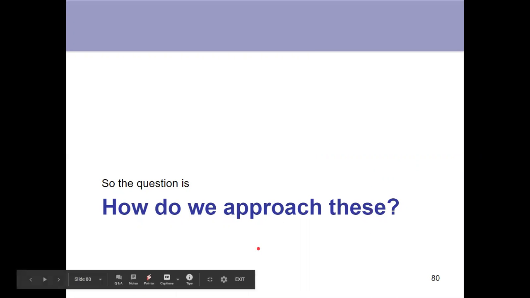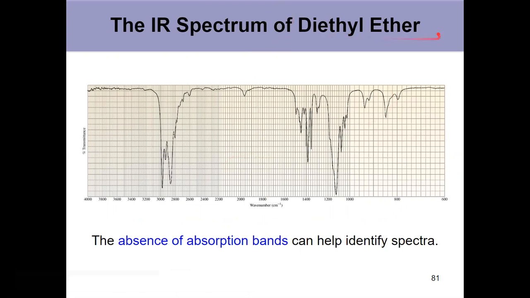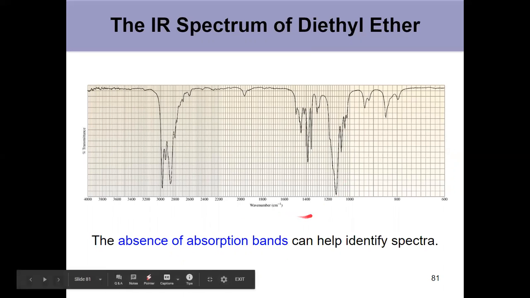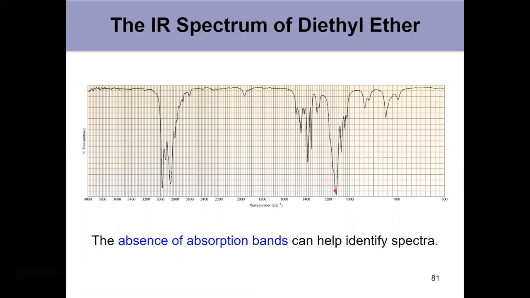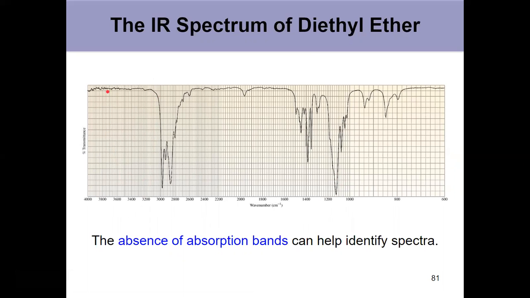Okay? So let's start by looking at an actual labeled spectrum. This is for diethyl ether. So let's think about what we're given here. We see this big peak at around 1100. Okay? So we know that tells me I've got a carbon-oxygen single bond. That carbon-oxygen single bond could come from a couple of places, like an alcohol would also have a CO single bond, but I don't have a big peak over here around 3400,